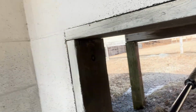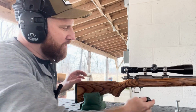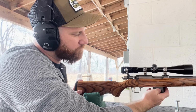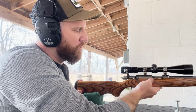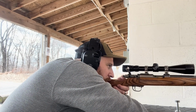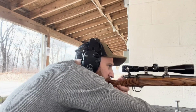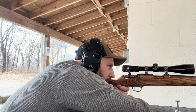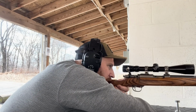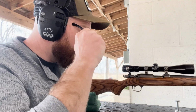Oh, and got the old Banish 30 out the end there. It makes it, you know, a little more quiet, I guess. It's not like shooting subs or anything. The 22 Mag barks, in my opinion, as far as rimfires go, and this brings it down to a much more tolerable volume. I don't know how it'll sound on camera, but